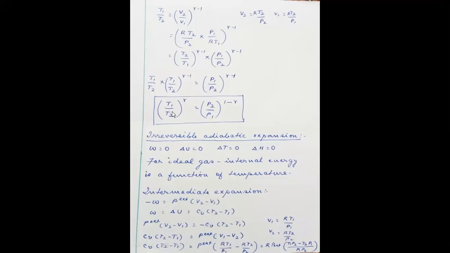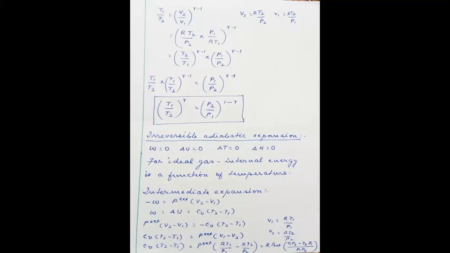And finally, what you are getting is T1 by T2 power gamma, which is equal to P2 by P1 whole power 1 minus gamma. Or it is P1 by P2 power gamma minus 1, which is simply interchanged as P2 by P1 whole power 1 minus gamma. So this is how the volume and the temperature, and the pressure and the temperature, in the case of adiabatic expansion and compression are evaluated. Now you look here, in the case of irreversible adiabatic expansion,